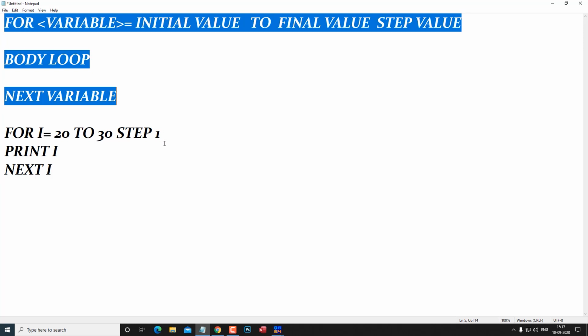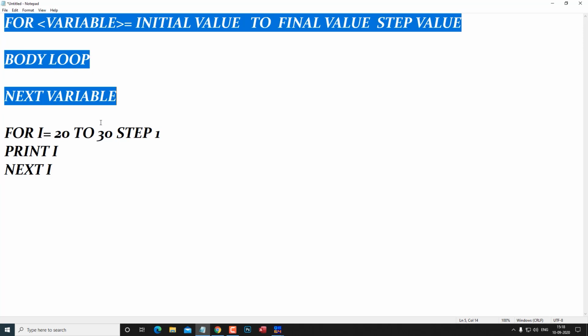If the step size is 1, the increment will be by 1. So the next value of I will become 21, and 21 will be printed. Then again next I, the next value will be 22, and so on till 30.